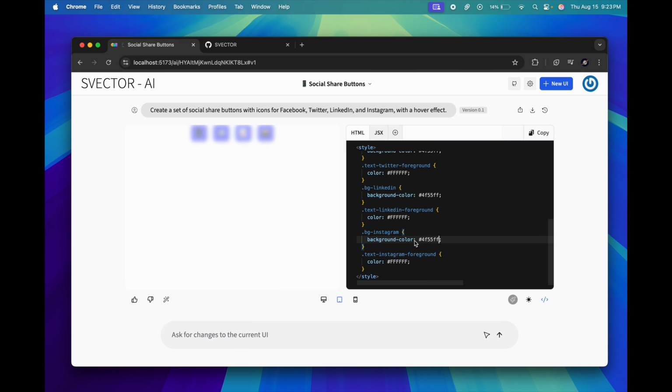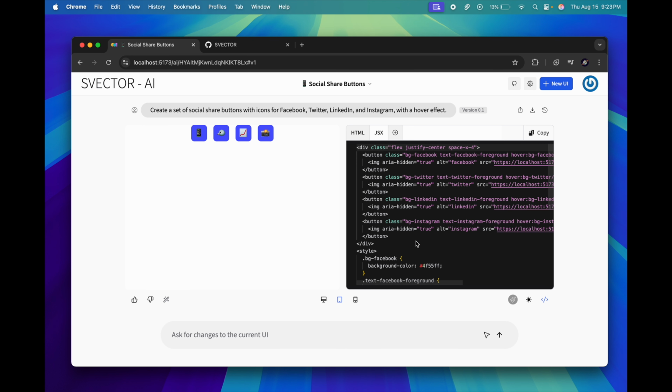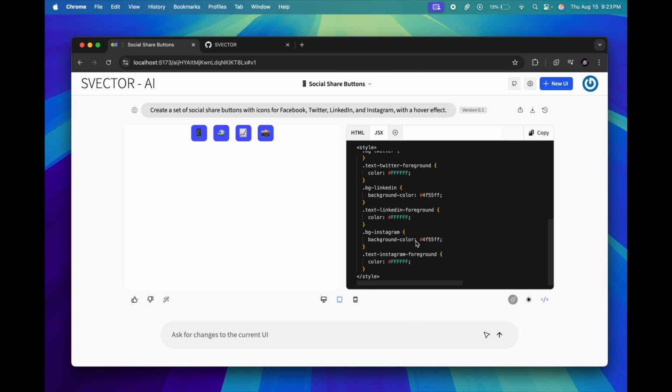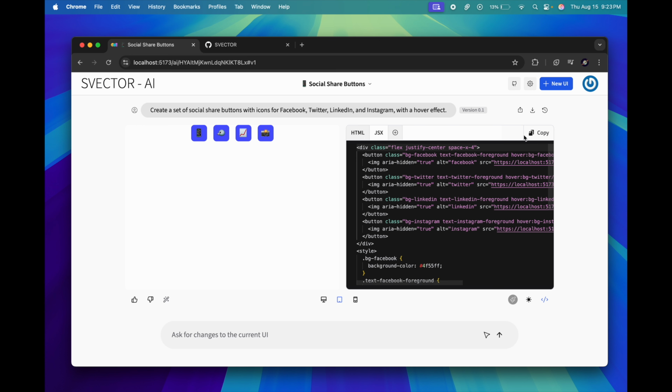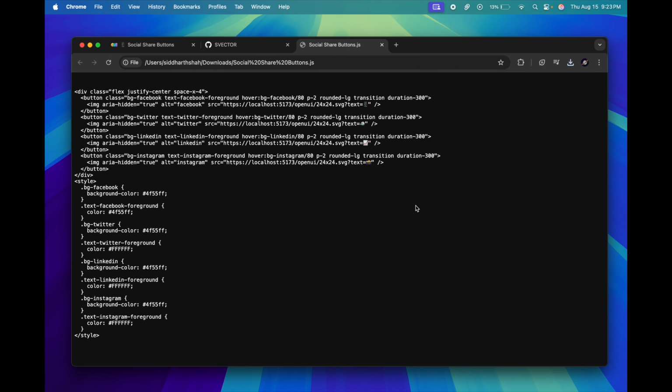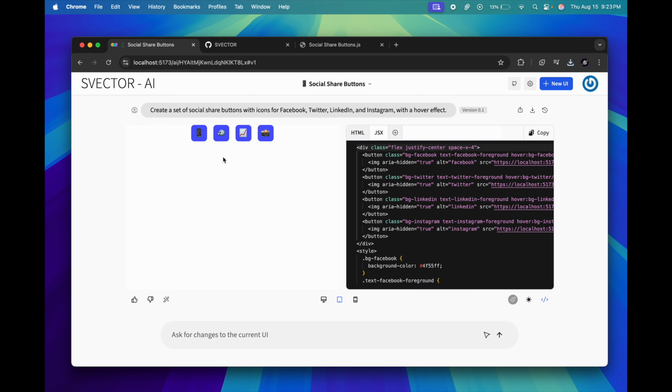So all four colors of the background are now the same, and you can also access the React code from here, which is in JSX format. Directly copy and paste it anywhere you want, or simply download this code base. By downloading this, you can directly access the whole JavaScript code generated by this. It has its own render engine which you can see. Also you can see how your website or app looks on the desktop and also on the tablet.